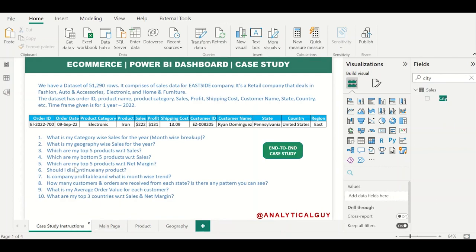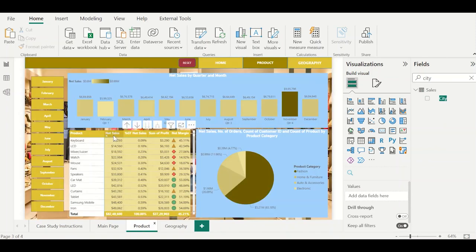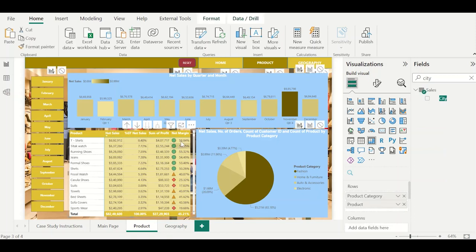And now if I have to check which are my top 5 products with respect to net margin, so going back to the page, on the basis of net margin, I'll sort this on the net margin. So these are my top 5 products: tire, car pillow and neck rest, then Apple laptop, t-shirts and car speakers. These are my 5 top products on the basis of net margin. I have net margin of more than 58% for these 5 products. This is amazing,